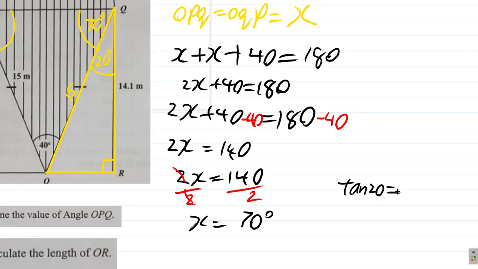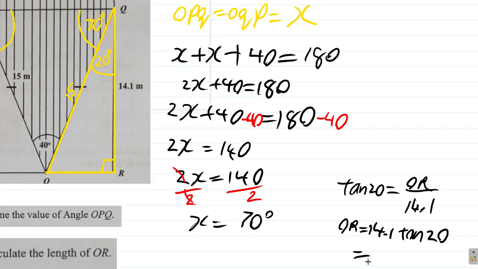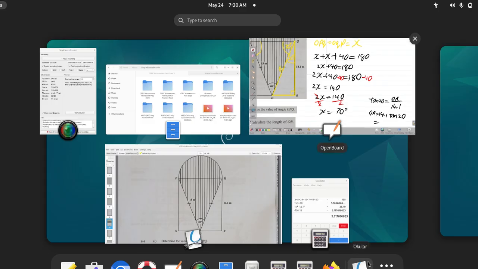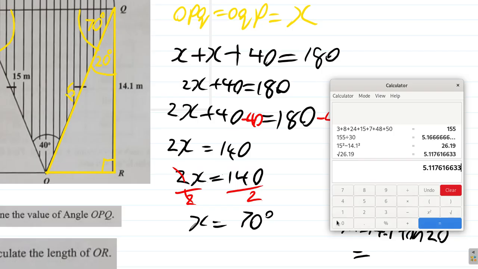Tan 20 is opposite OR over adjacent 14.1. So OR is equal to 14.1 tan 20, which is, if we use our calculator to do that, make sure it's